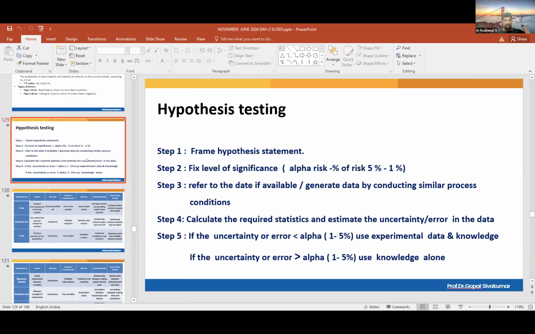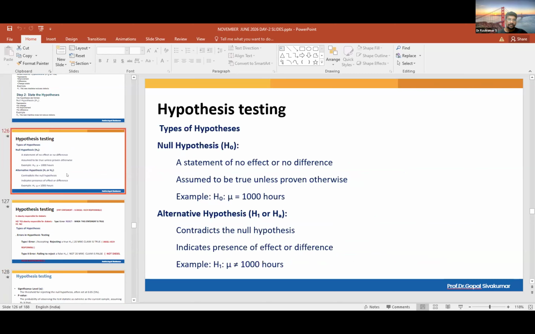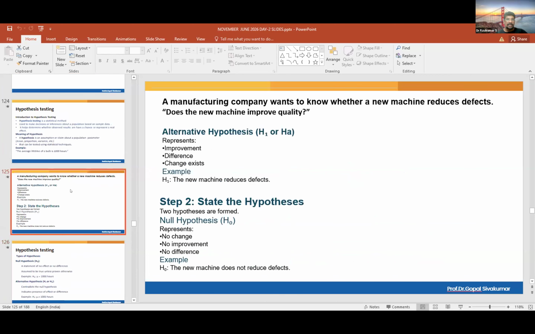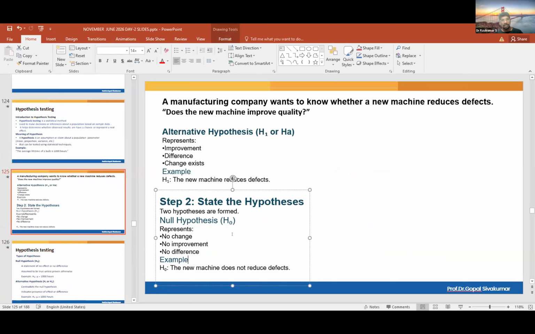Okay, so you have done the first step. That is, you have framed the hypothesis statement. Under the hypothesis statement, you have to make a null hypothesis and an alternate hypothesis. This is the character of the null hypothesis: it considers whatever you say as it is. It is like, okay, just accept whatever he said.